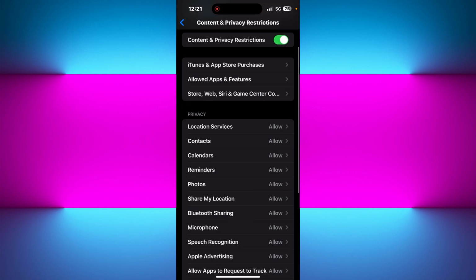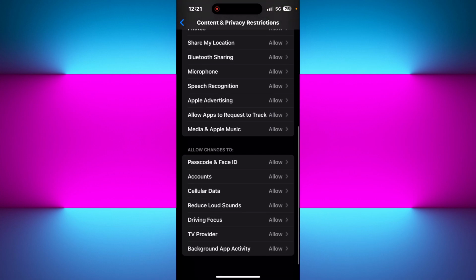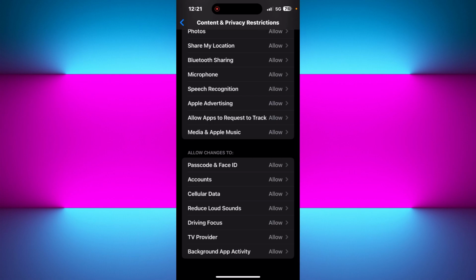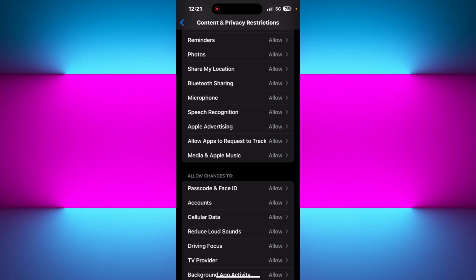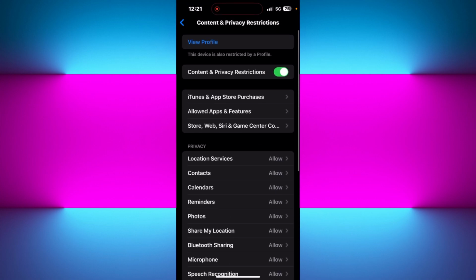Now over here, if you just scroll down and try to find the option of web content, you can select limit adult websites option. Then this is going to automatically block down all the adult websites using Apple's internal filter system. You can also add any specific websites manually under never allow option if you want to block any extra domains. Now, if you go back and if you want to set the screen time passcode, if you haven't already,